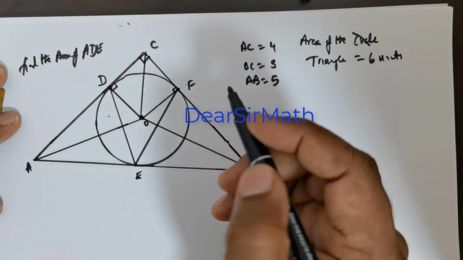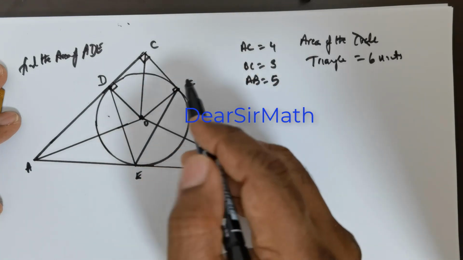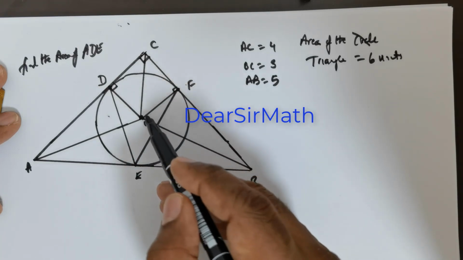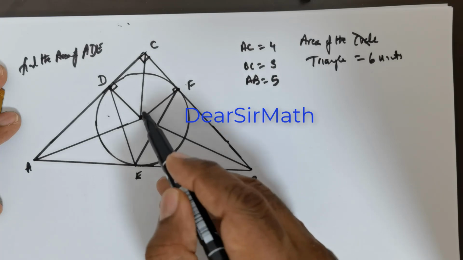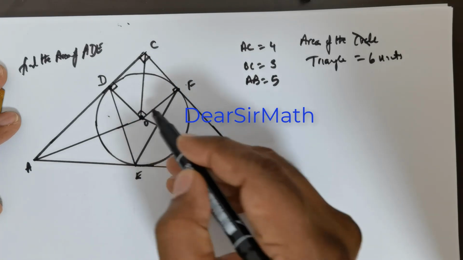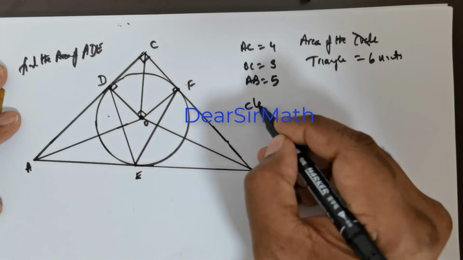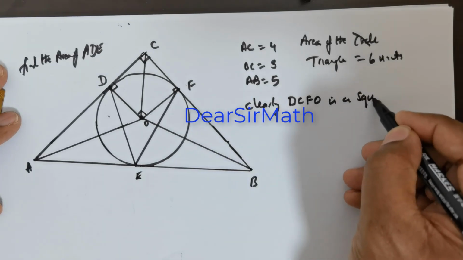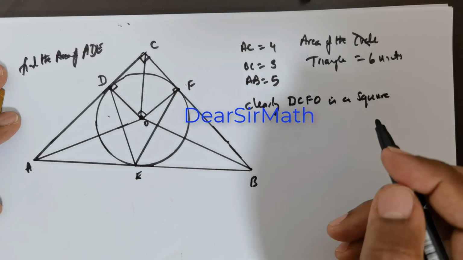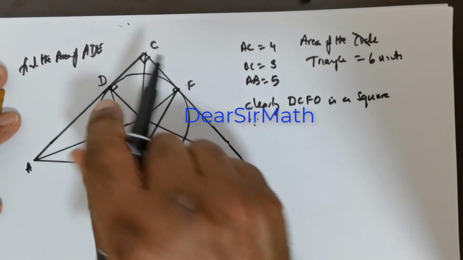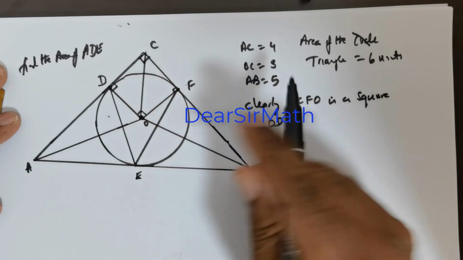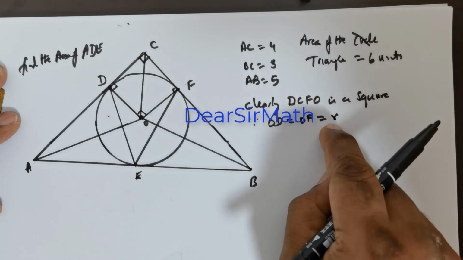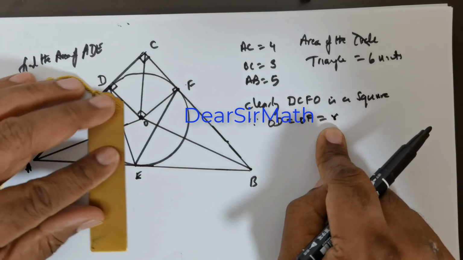Now, clearly you can see that FCD, they're all making 90 degrees. So clearly there will also be a 90 degree over here. So that would mean we are looking at a square. So clearly DCFO is a square. So that means all sides are equal. Now, since OD is equal to OF, which is equal to the radius R,